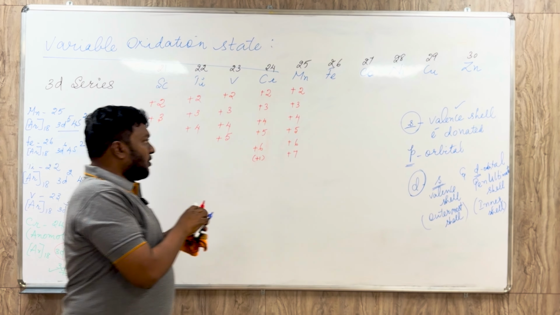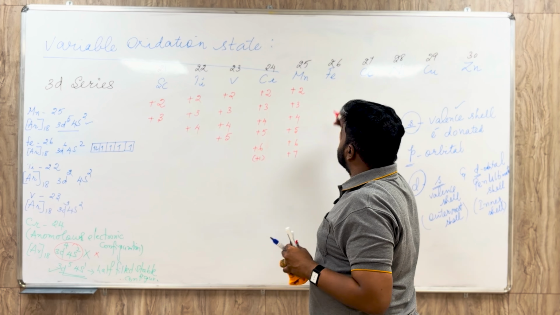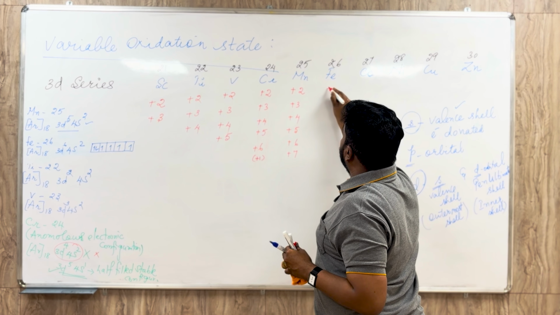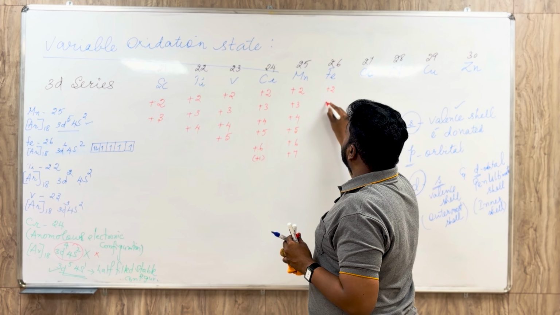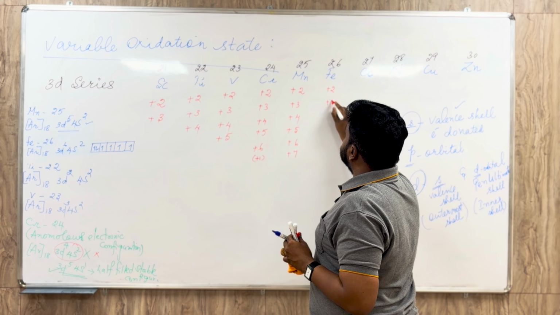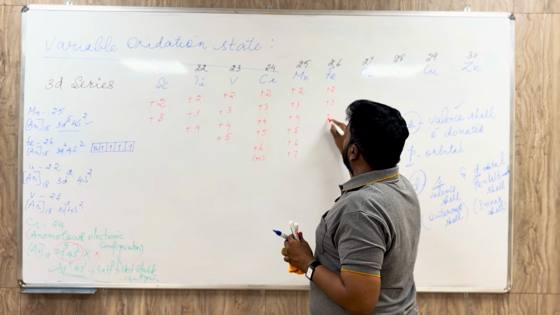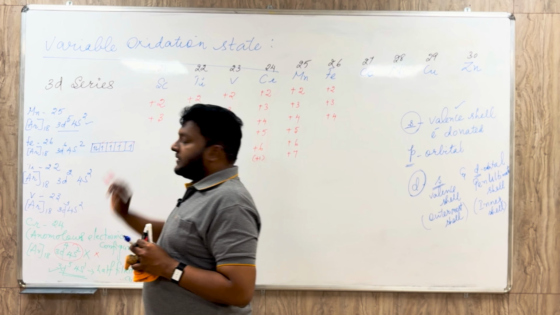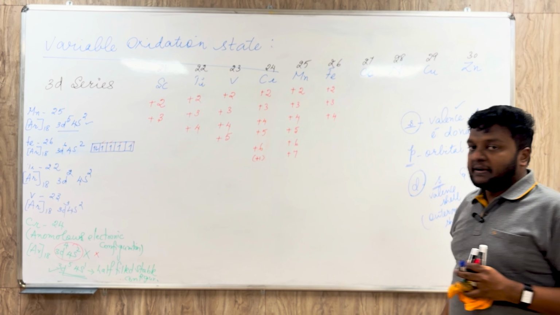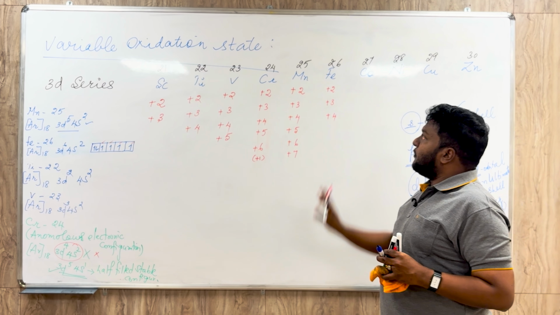Now we will write the possible oxidation states. From the s orbital it can donate 2 electrons. Am I correct? Then from the d orbitals it can donate 3 electrons, and similarly up to 4 electrons,